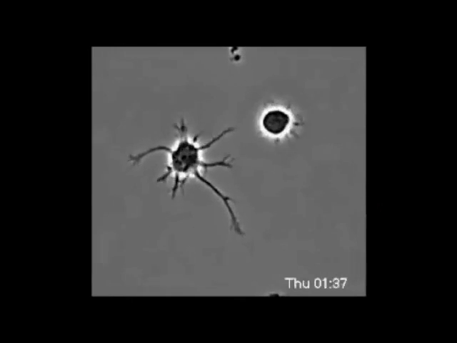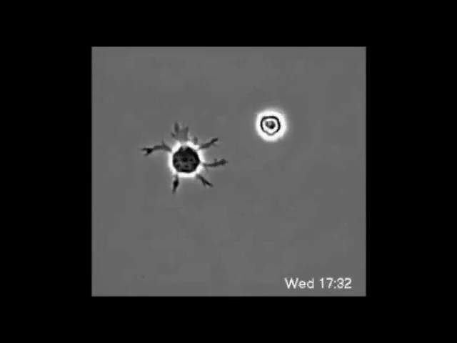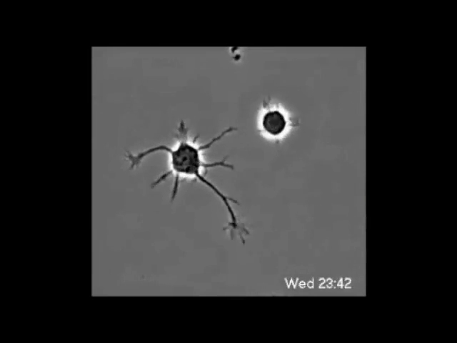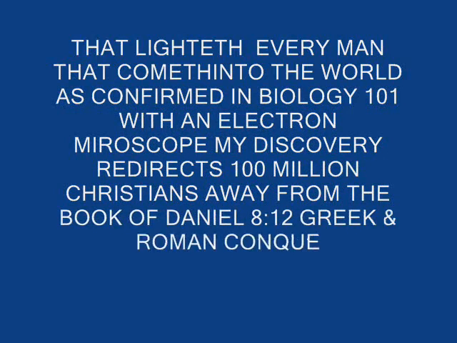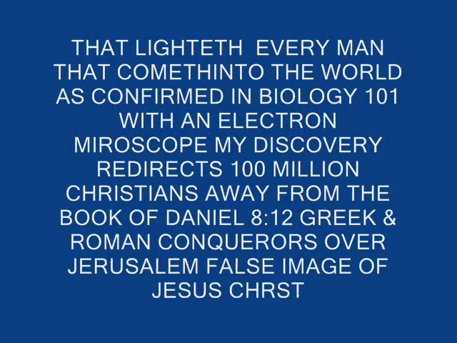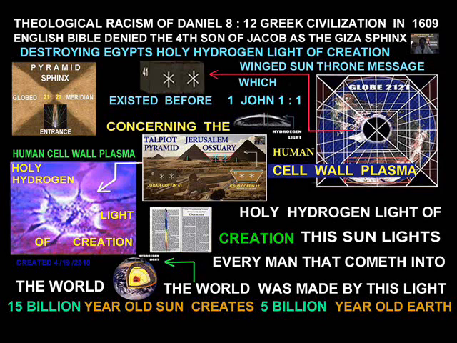Now when you take a figure 8 magnetic field and place it within a circle, we're talking about the circle flowing around the chemical circular area of the human cell, the holy hydrogen light creation circle, which the King James Bible speaks of as the biblical light that became flesh. So here we see the figure 8 pattern flowing to a bar magnet the size of your little pinky finger, a thin strip of iron, a bar magnet. Now if you place a bar magnet within a circle of the holy hydrogen light of creation,